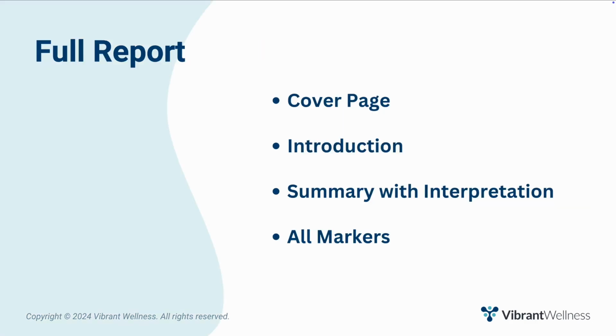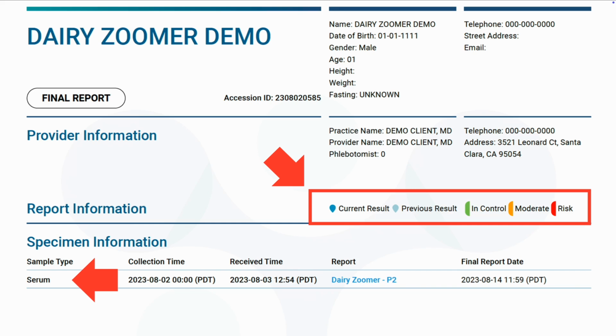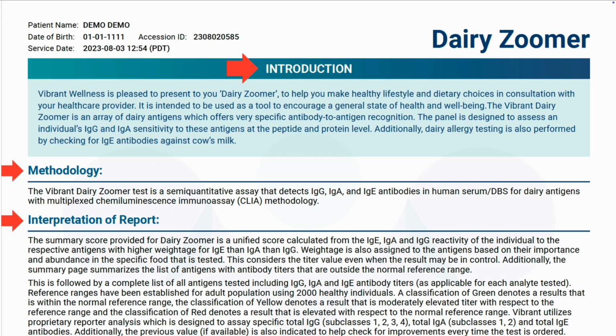Let's start with a quick overview. The Dairy Zoomer sample report includes a cover page, introduction, summary with interpretation, and then lists all markers. The cover page identifies the sample type and includes the results interpretation key. The introduction page is where you can find the methodology and interpretation of report, and I highly recommend reading this